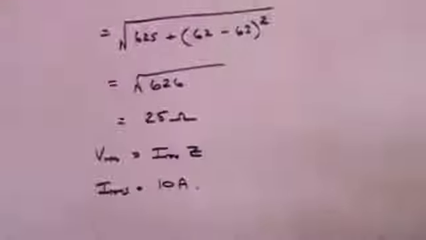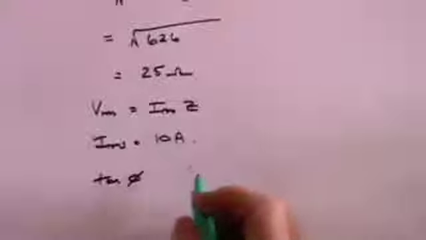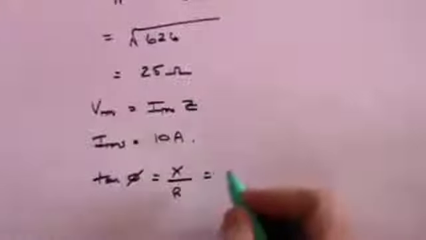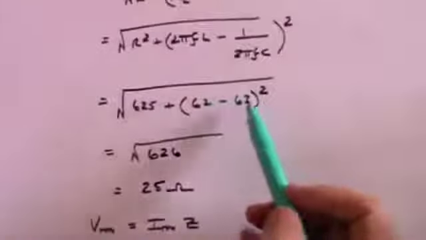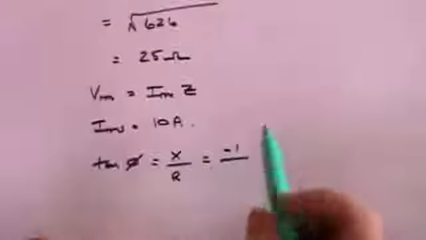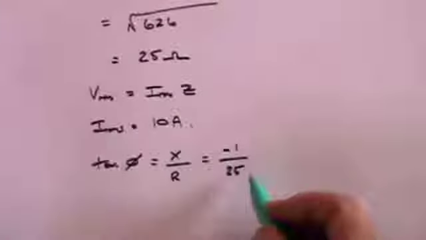And the tangent of the phase angle is given, as you know, by X over R, and the net effect of X is 62 minus 63, which is minus 1, over R. Well, the resistance was 25 ohms, and so you've got an angle which is a negative angle, which means that